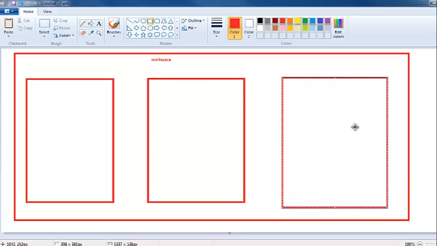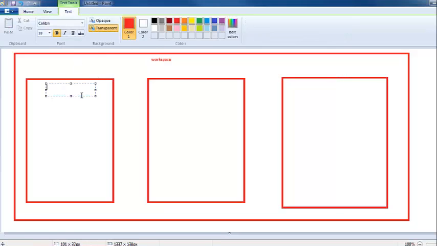So in workspace we create a number of projects. So this is my project 1, this is my project 2, and this is my project 3.